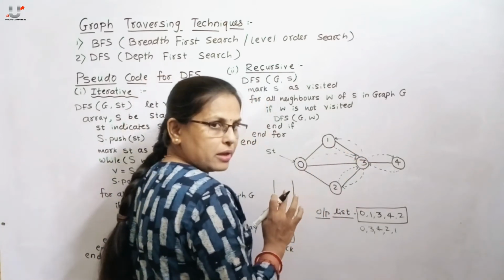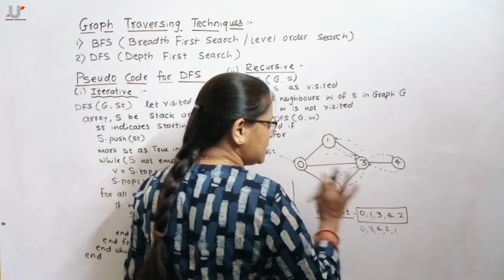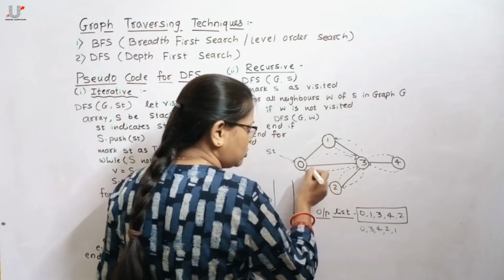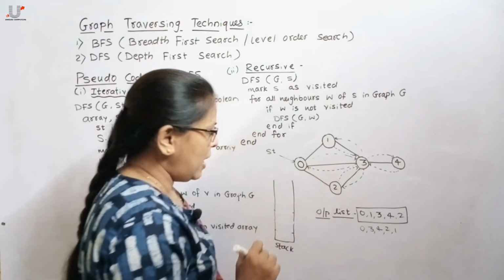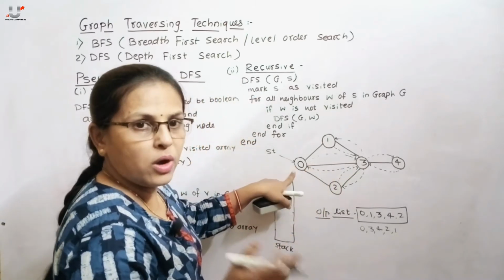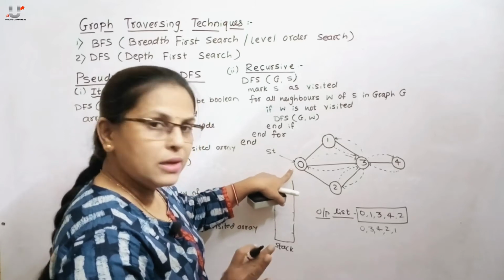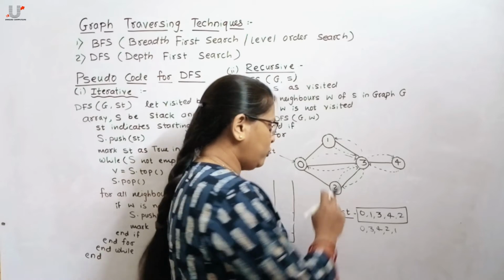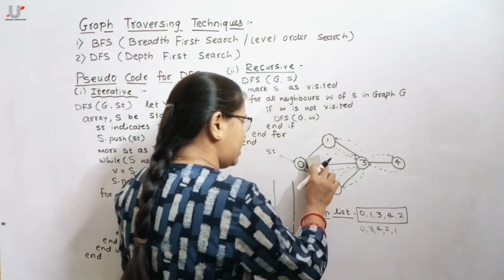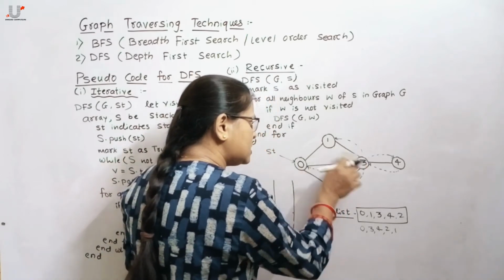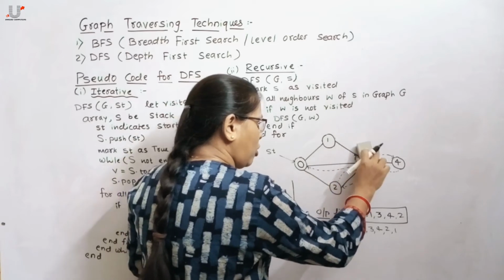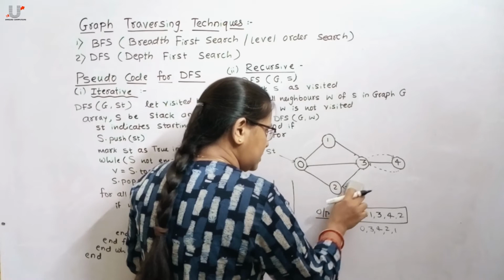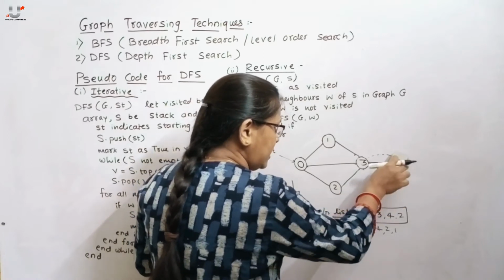We move to 3 again. Then as that 3 is already processed, again backtrack to the starting location, 0, as it has already been processed and no unvisited node for that 0 is remaining. So this is the second output for the same graph. Like this we get numerous outputs of the given graph. So this is the second valid result.